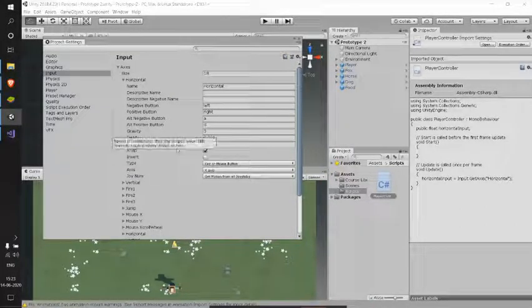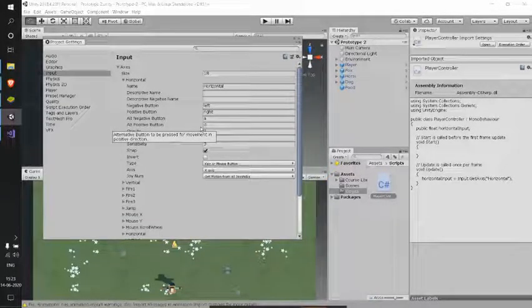So when we map this, Unity has already implemented all these things for us. The positive buttons are the right arrow and the D key, whereas the negative buttons are the left arrow and A key. The positive buttons give us positive values, whereas the negative buttons give us negative values.